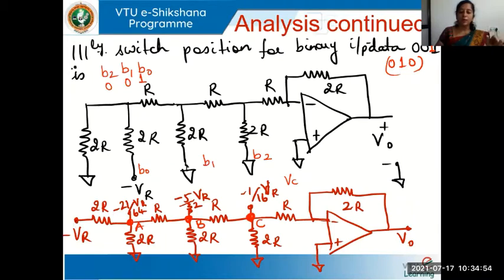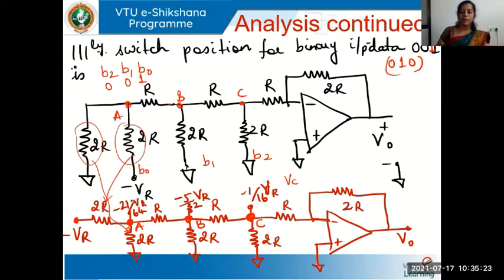So when I do that, you see I have considered VR to be in the leftmost position and this 2R is what is shown here. The 2R grounded from node A. See, this is node A, this is node B and this is node C in your circuit. So from node A, the 2R which is grounded is this resistor. This resistor is what is shown here, and this resistor is shown on this side.